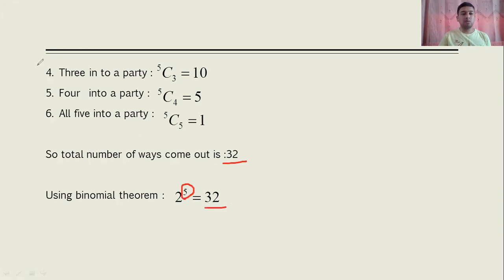32. So instead of doing all these calculations, you can simply use the binomial theorem if you want to select starting from 0 to more things out of n different things. And what does the binomial theorem say? nC0 plus nC1 likewise plus nCn is equal to 2 to the power n. So simply you can use the binomial theorem for such types of problems. I hope you have understood the meaning of combination, the meaning of permutation, how to calculate nCr, how to calculate nPr, and what the binomial theorem is.